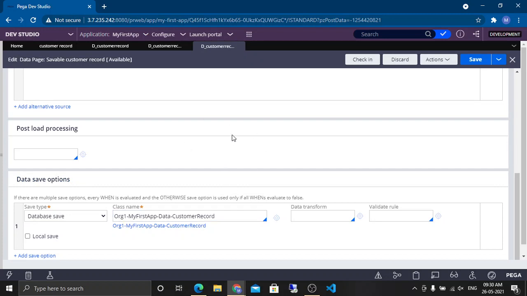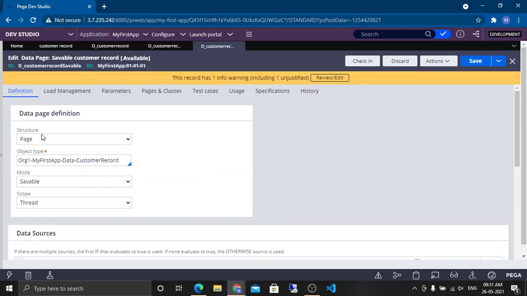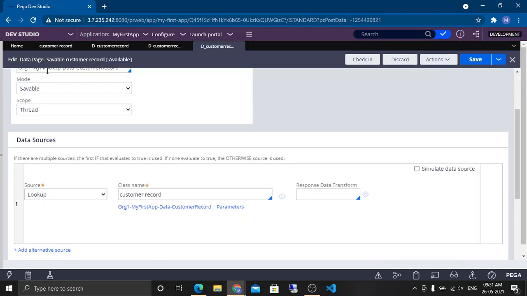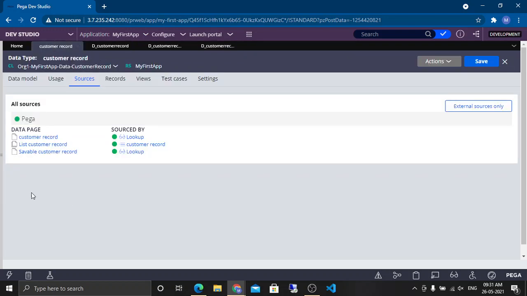So that we have to use, and then whenever that utility is called, Pega will automatically use this option, whatever is configured here, to commit the data back to the DB based on the data that is already present on this page. Suppose initially I have used this data page and selected one record; it gets me one record.